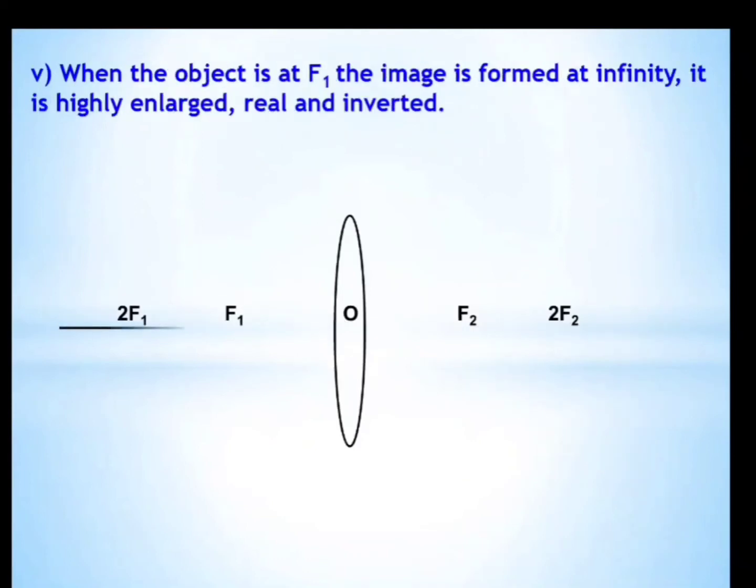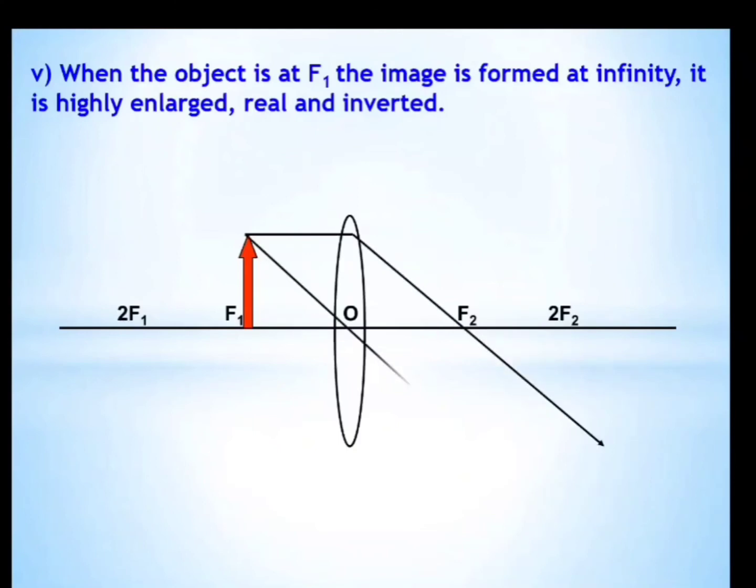And next we have the object lying at f. Now as we know, the object at infinity forms its image at focus, so when the object is at focus, its image will be formed at infinity. Okay, so the first ray will go parallel to principal axis and pass through focus, and the second ray will go through O, and that will not intersect nearby, and they form a real, inverted and highly magnified image